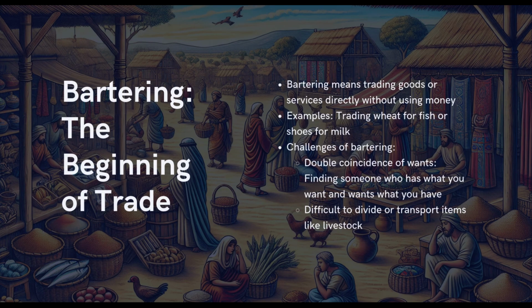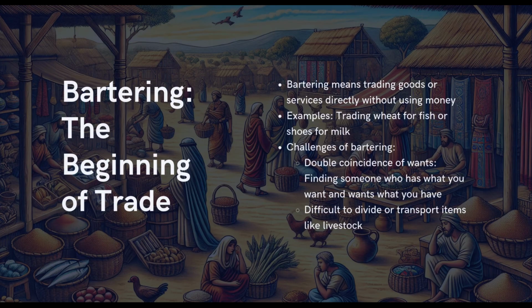The first was that it was hard to find someone who had what you needed and wanted what you had. This is called the double coincidence of wants. The second is that some items were hard to divide or transport. Imagine trying to trade a live cow for small items like vegetables. Because of these challenges, people began looking for items that everyone could agree had a value, which led to the